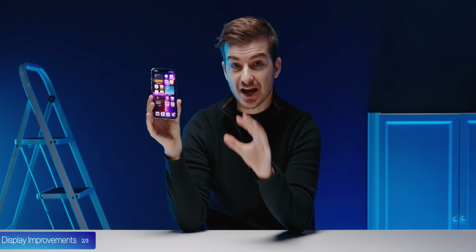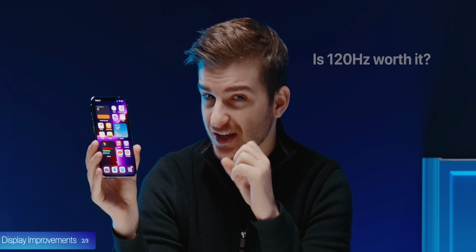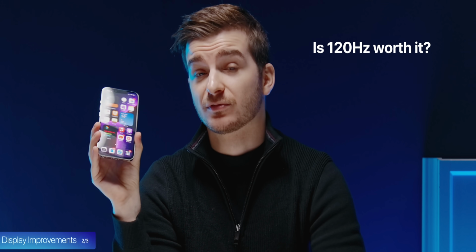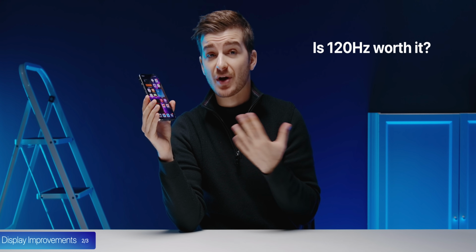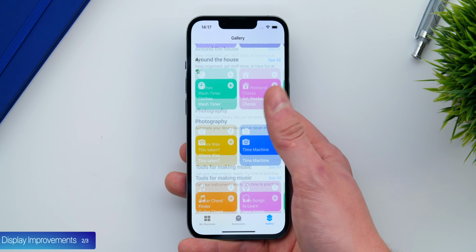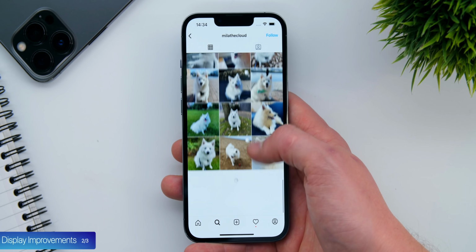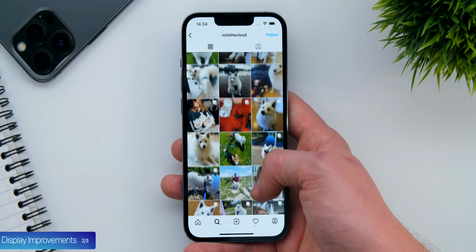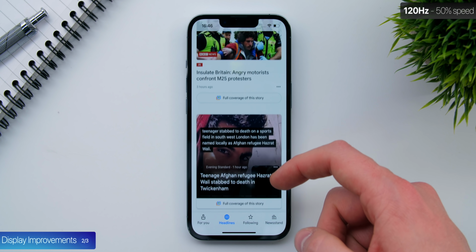So I think the next question to ask is, is the 120 Hz refresh rate worth it? Is it that more fluid? This is actually a very difficult one to answer, as when you're using Apple-made apps, it absolutely is. But when you're using third-party apps, they first need to be updated in order to display their animations at 120 frames per second. Apple states that this only applies to animations and not scrolling, but when I was using some